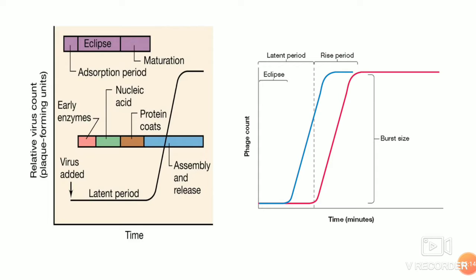There are three phases in the viral growth cycle: the latent period, the rise period, and the stationary period, or the equivalence period, where the release of the virus is constant, or the host is completely depleted, and that is the viral load. In the rise period, lysis occurs and extracellular phages appear, and the concentration of bacteriophages will rise.